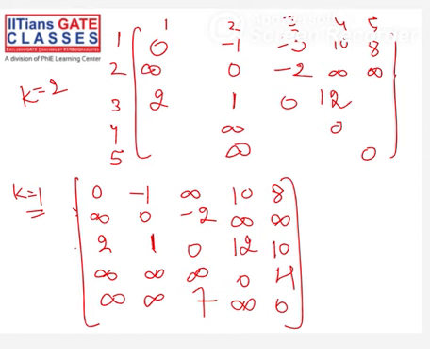Now 3 to 5 is 3 to 2, 2 to 5. This is infinity. I don't need to change this. So now 4 to 1 is 4 to 2 and 2 to 1. 4 to 2 is infinity, so we'll keep this as infinity only. Now 4 to 3 is 4 to 2 and 2 to 3. So this will also not change. Next is 5 to 2. 5 to 2 is infinity, so nothing will change here as well. Right?